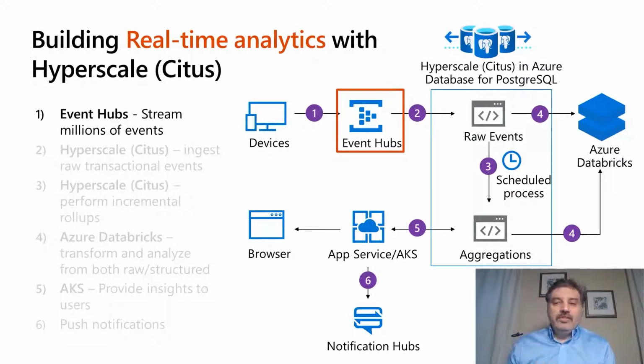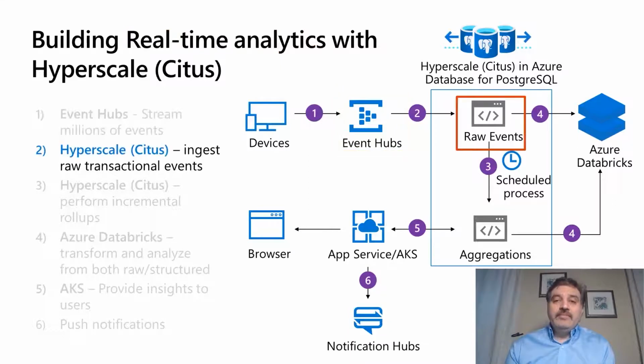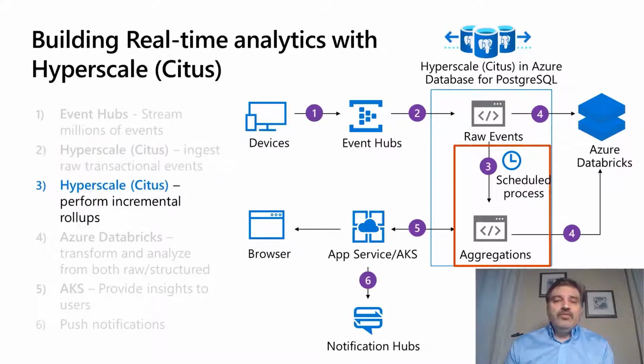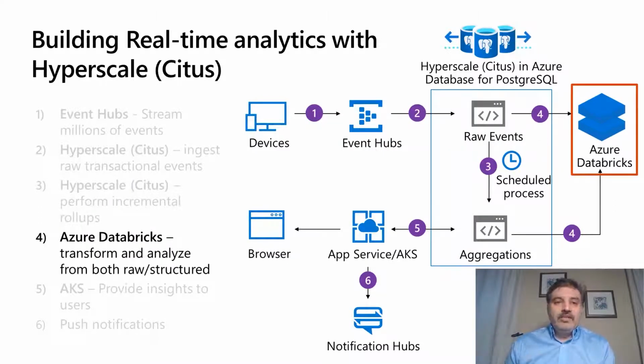In this one, we are going to ingest data into Citus and connect with other Azure services to get more value from it. Azure Event Hubs, in the middle of the screen, is a big data streaming platform and event ingestion service. You can stream millions of events per second from devices and sensors to it, and then build a downstream pipeline to process, manipulate, and ingest your data. Ingest those millions of raw transaction events per second into Hyperscale Citus, which allows you to query and alert on granular events. You can do periodic incremental rollups directly in your database for real-time reporting and dashboarding for downstream applications. And you can take advantage of Azure Databricks to clean, transform, and analyze streaming data,